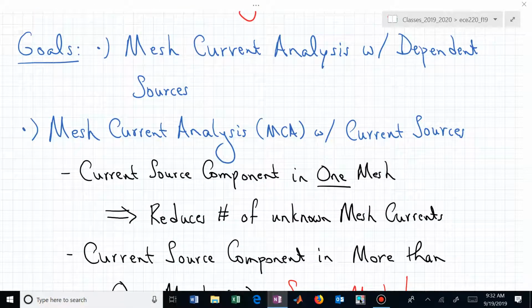We're going to continue with mesh current analysis, MCA. Today we'll examine an example with dependent sources, and then we'll look at the dual concept that we had with supernodes. We now have supermeshes. And how do we work with current source components that are sprinkled around in our particular electrical network? There's two cases